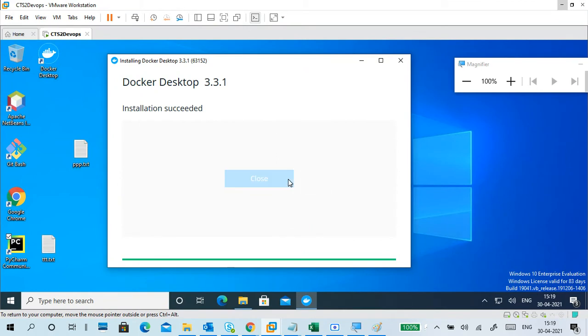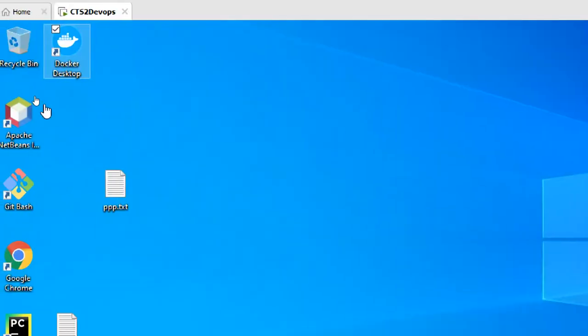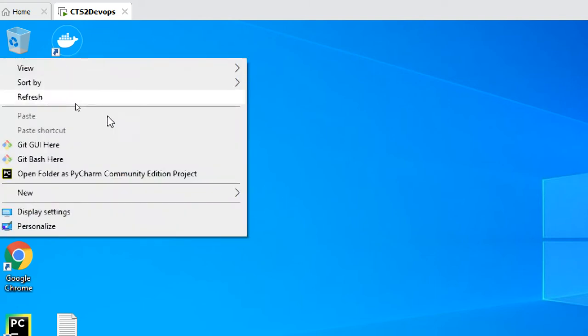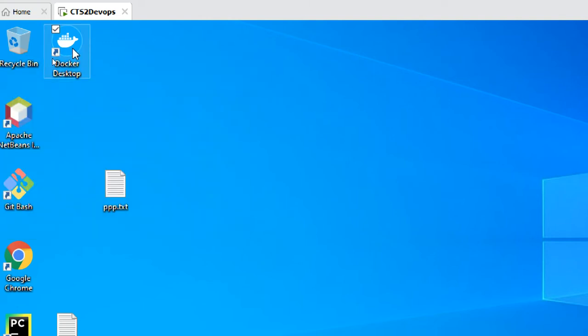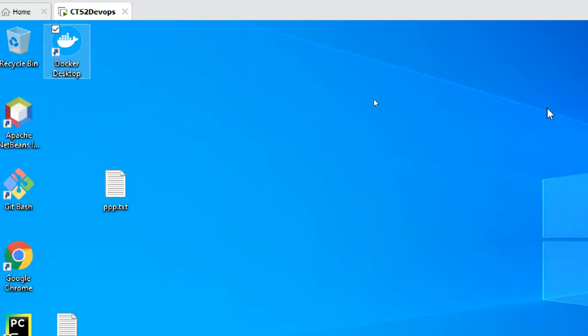Okay, the installation succeeded. Close. Done. Now we have to open Docker Desktop. Right click and just run as administrator always.